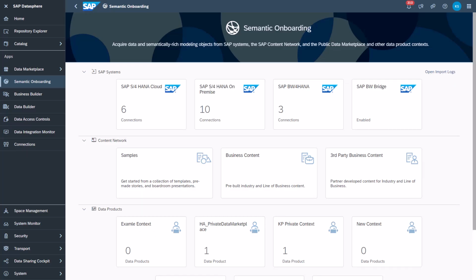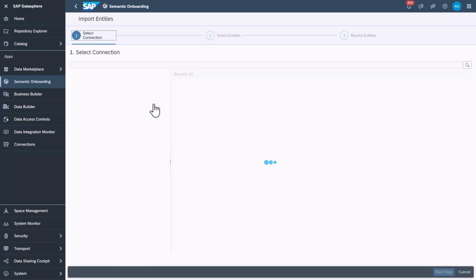Let me just move over here. In the system, you will find on the menu bar on the left-hand side a new entry, just below the data marketplace, in between the business builder and the data marketplace: semantic onboarding. And that's where you find these entries that you've seen on the screenshot before. On the top side, this entity import functionality, which, as I said, was spread over different places for S/4HANA Cloud. And if I go there, you will see